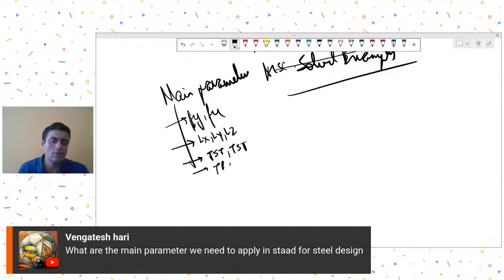Then I think TRACK 2 is a good command to have for the detailed outputs from STAAD. So in the Indian code, I think these are the important design parameters. In the American code, again, the effective length factors, the FY, FU factors. In the American code, you also have the torsion factors. So I think these are some of the design parameters that you should be aware of and that you may have to apply to the model before analyzing it. Okay,